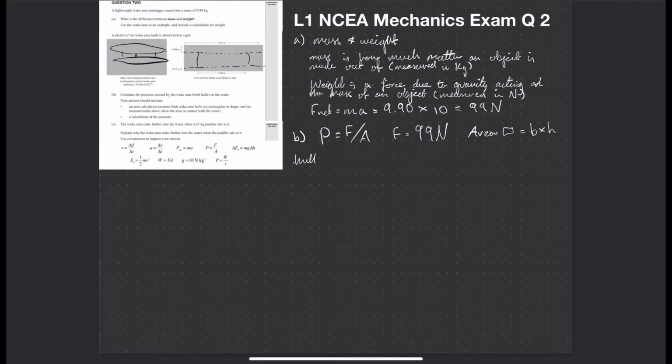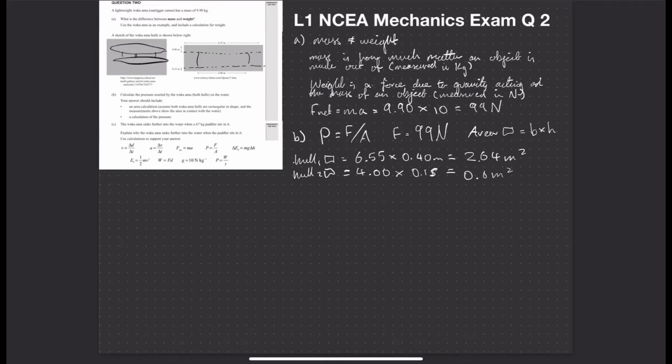Hull 1, square or area, equals 6.55 times 0.40, which will give us 2.62 meters squared. Let's do hull 2. So hull 2 area is a little bit smaller. Our base is 4 meters or 4.00 meters times 0.15. Okay, which for us is going to equal 0.6